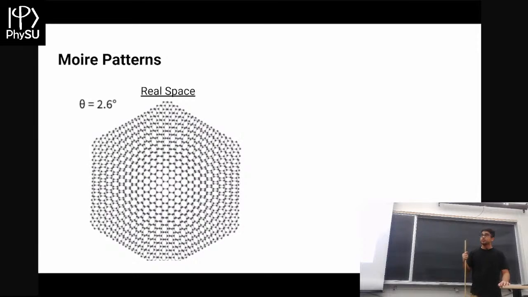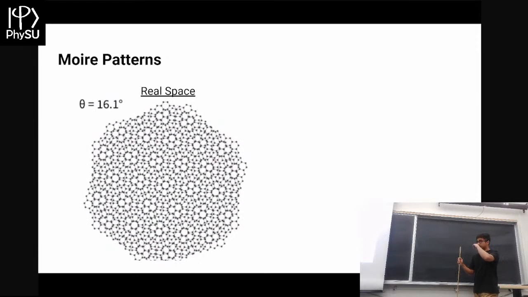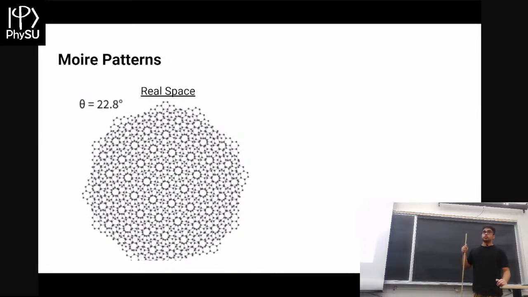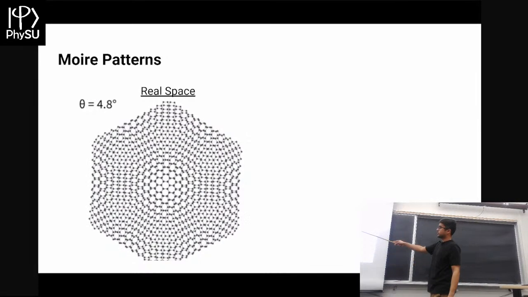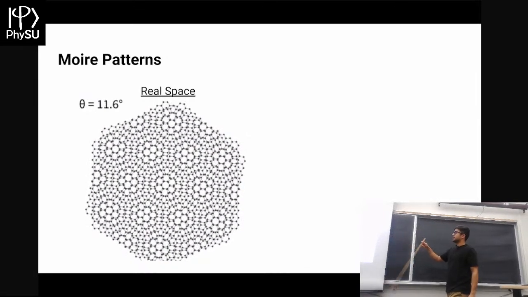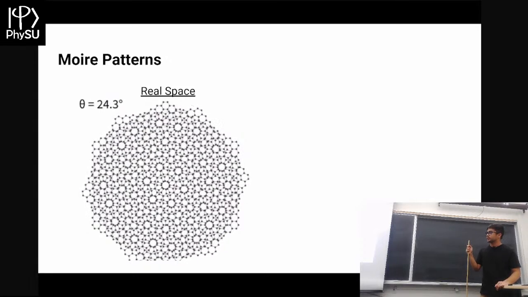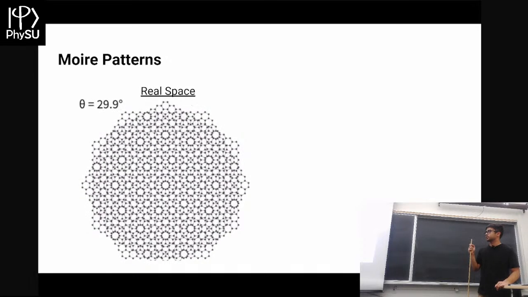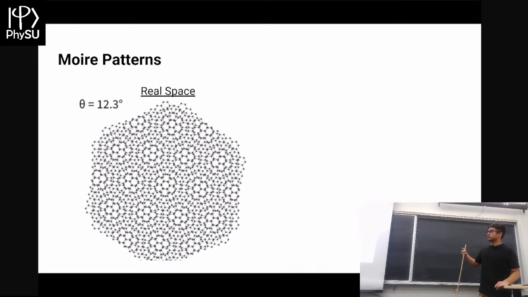And so we can do that in 2D systems actually. So with graphene, this is what it looks like physically. If you have two layers of graphene and you twist them relative to one another, just as a function of this angle, this is actually what you get. And so if you squint your eyes a little bit, especially at lower angles, you can see that the periodicity is very large, right? So at 0 degrees, it's small, and then you get this large scale pattern that starts to appear.